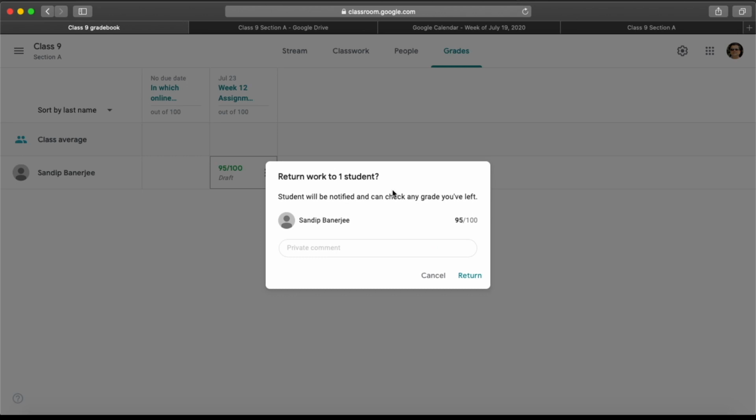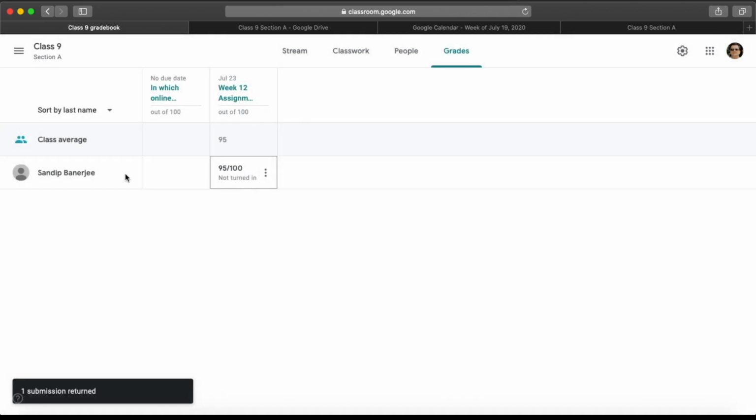Once you are grading your student, you will also get an option to provide a comment, and that will be a private comment. Only your student will be able to see that. So let me mention good work and click on return. So this will get returned. Now you can see it's still showing not turned in because your student never turned in that assignment. So that alert is also there. You can ignore it for now, because in your real classroom, when this entire workflow is working, this will not come. Similarly, you can see that once the person got 95, the class average also got calculated automatically.